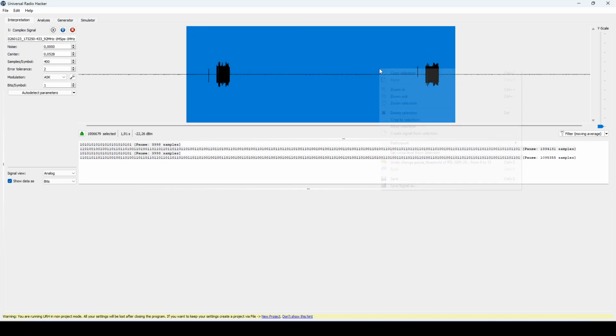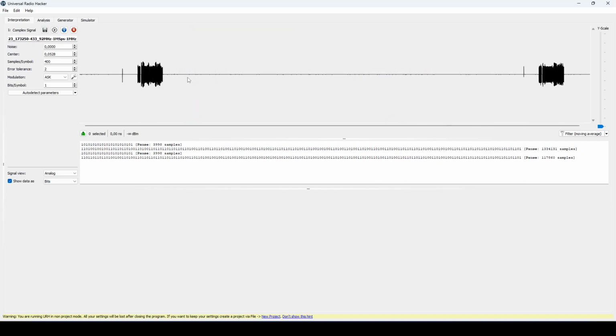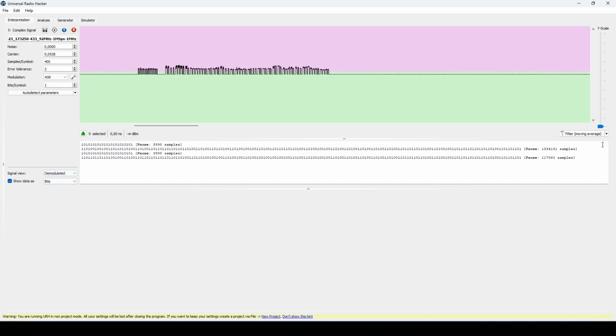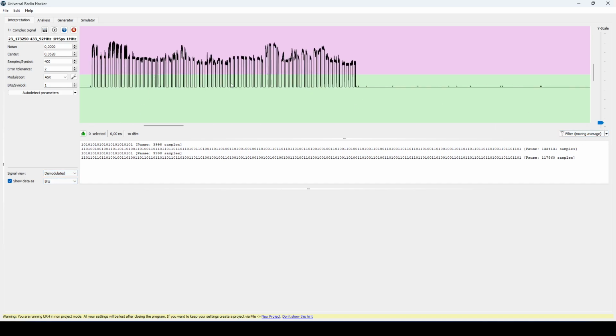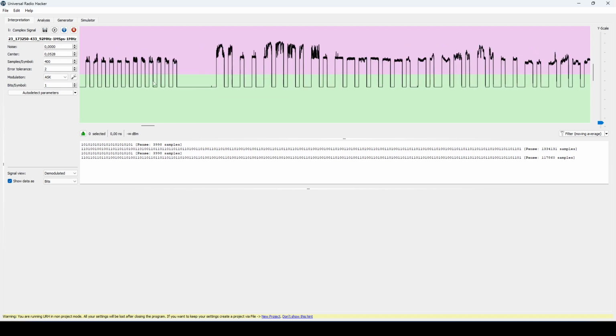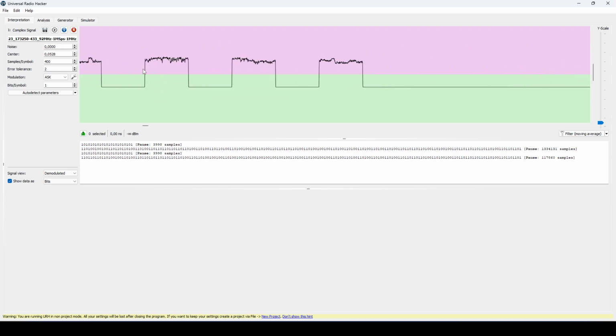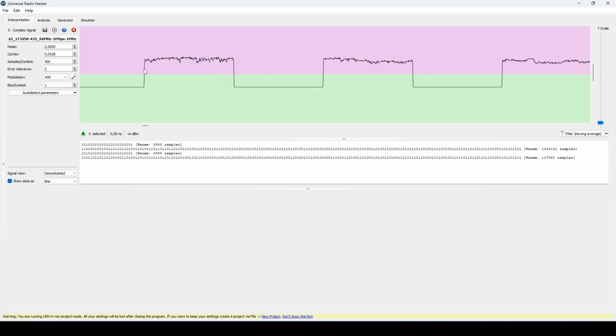Crop the signal, remove some useless information, and then switch to demodulated mode and just check that the signal is quite good. So verify that each bit is indeed correctly measured by URH, so 400 microseconds or 400 samples, this is correct.